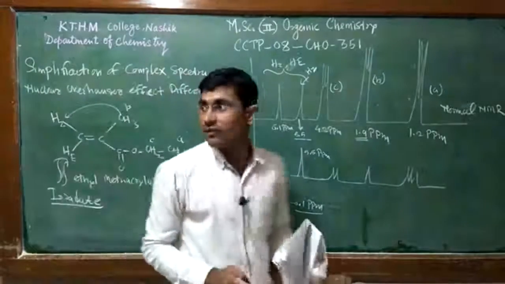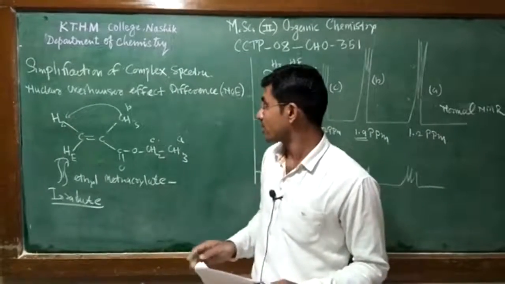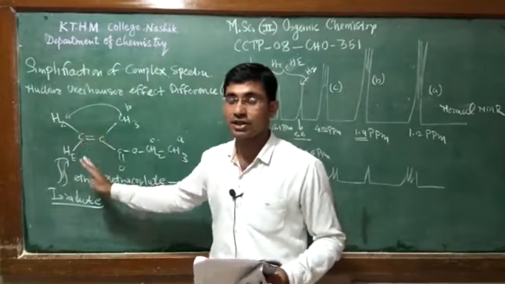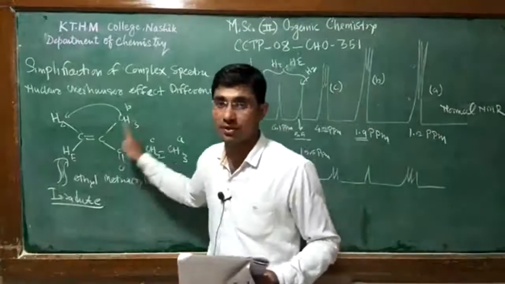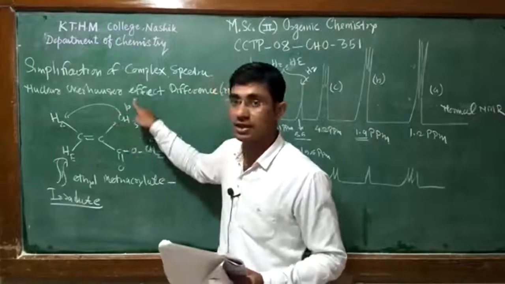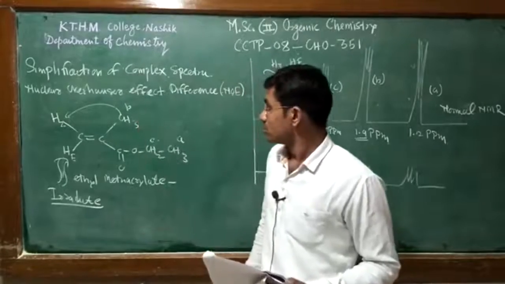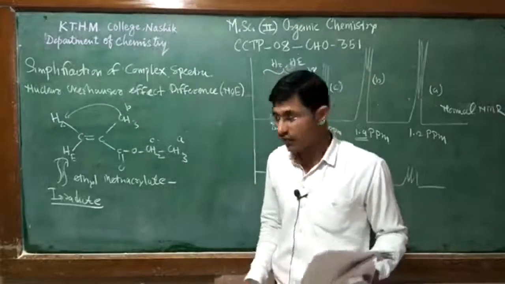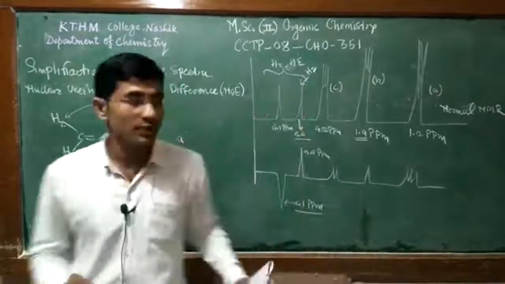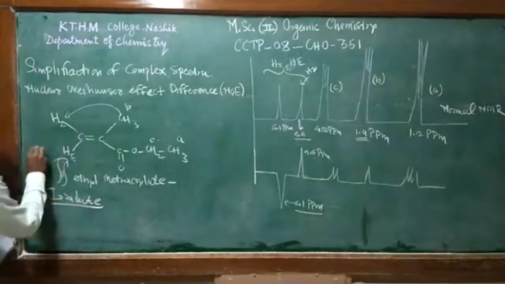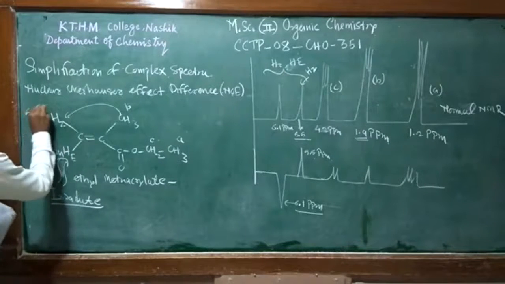From this we confirm that these two protons, He and Hz, are in close spatial proximity to each other, within a distance of 3 to 4 angstrom units. Also, this He proton and the methyl protons are away from each other, because we do not observe signal enhancement at 1.9 ppm. With the help of this, we confirm that the He proton signal must be at 6.1 ppm, while this one is at 5.5 ppm.